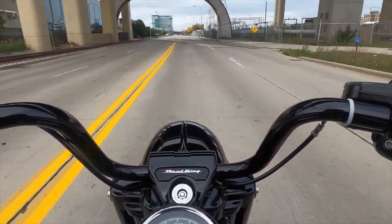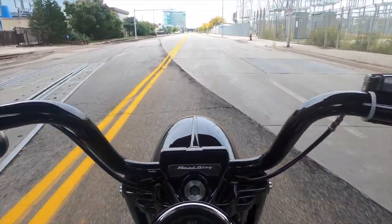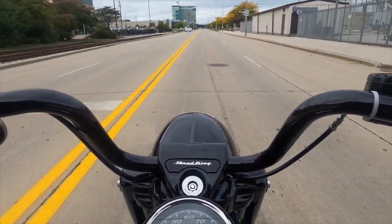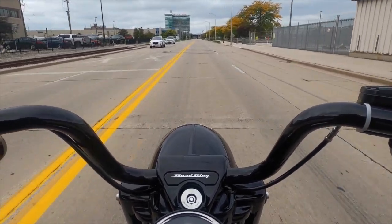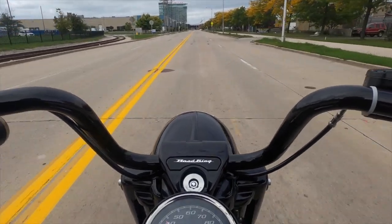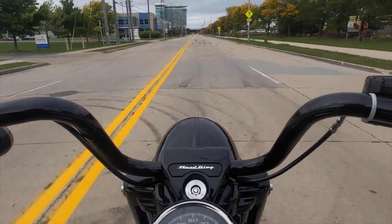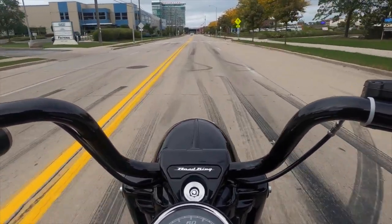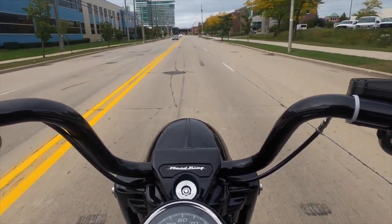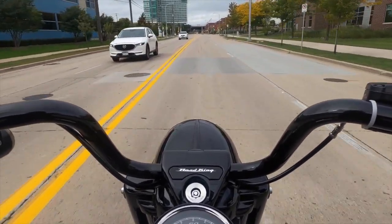So the path here is actually not very far from Milwaukee Brewers baseball stadium. It's pretty quiet over here. Not too much traffic. But I was telling Mark that if I did not try the ST, I probably would have wanted this Road King because this bike is just really smooth. It's just classic